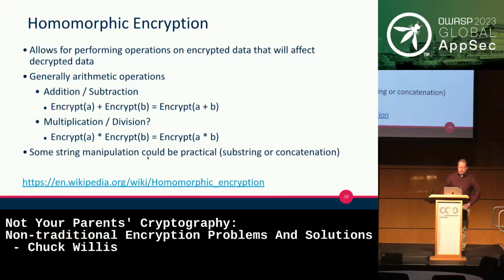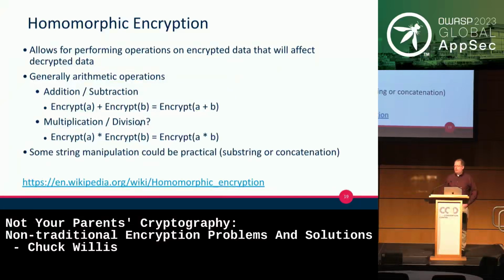You could also think about string manipulation as being kind of homomorphic encryption. If you had an encryption scheme where you encrypted every single character separately, then you could certainly do concatenation of two strings, because you're basically just putting them together. But generally when you're talking about homomorphic, you're talking about addition and multiplication as the primary operations. And even though division is technically multiplication, these things generally work on integers, so integer division is not simple in these cases. You might be able to in some cases.